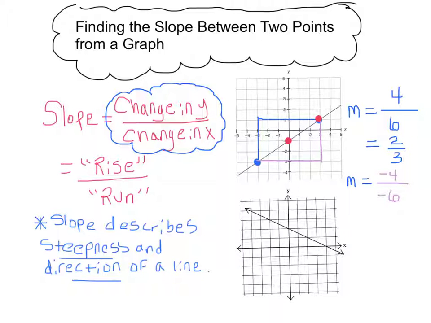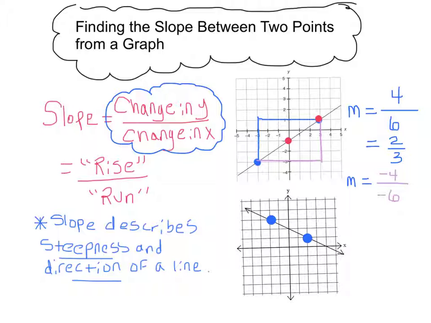And so lastly, we'll look at another example where we can see at a glance the direction of the line is somewhat different than the one on the top. The one on the top moves from the lower left-hand corner of this coordinate plane to the upper right-hand corner, whereas the one on the left here moves from the upper left-hand corner to the lower right-hand corner. And so if I take 2 points on that line and analyze the slope,